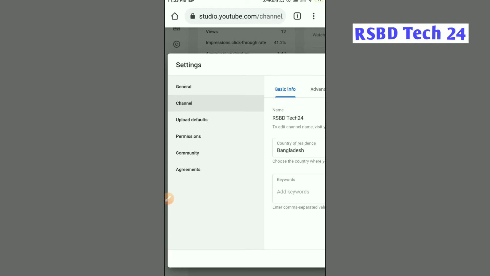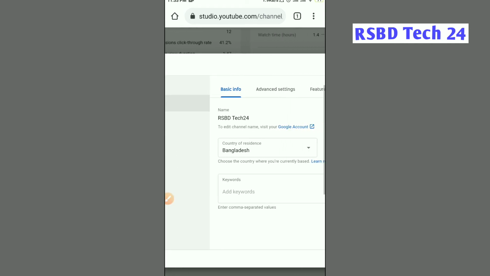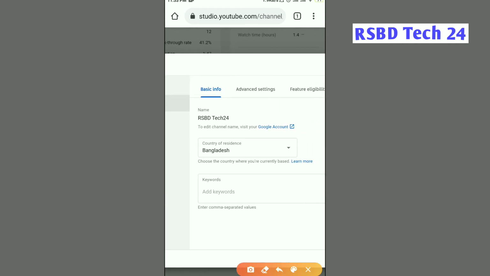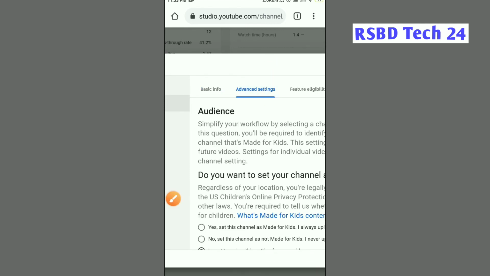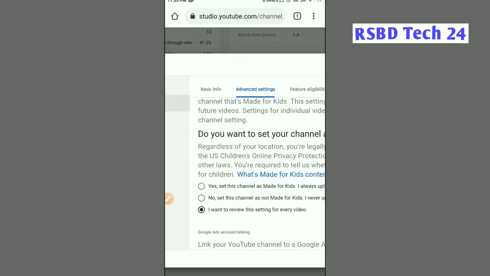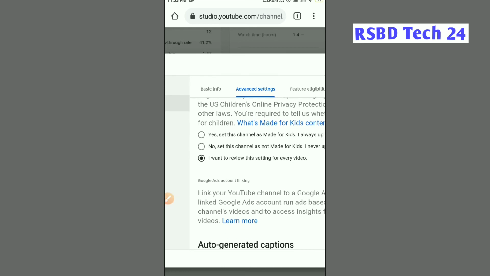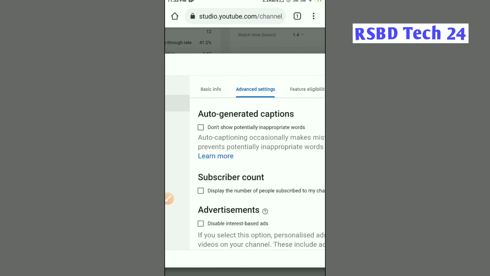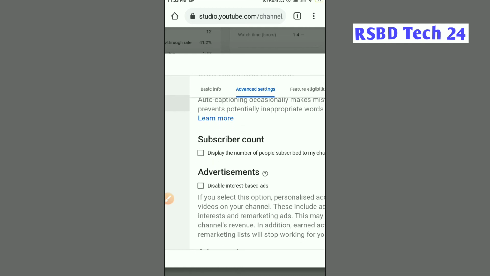After clicking Channel, we see on the right side Advanced settings, and we have to click on Advanced settings. After clicking, we need to scroll down and find Subscriber count. Dear viewers, this is our main point, Subscriber count, and it's a box and it has no tick mark.